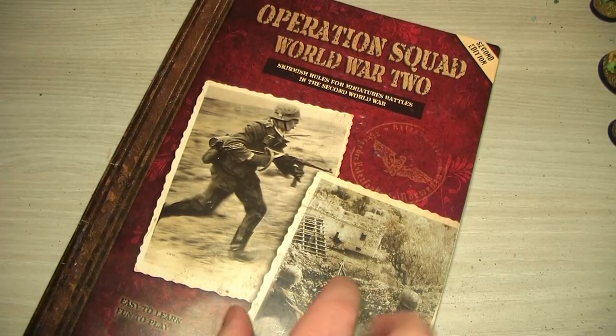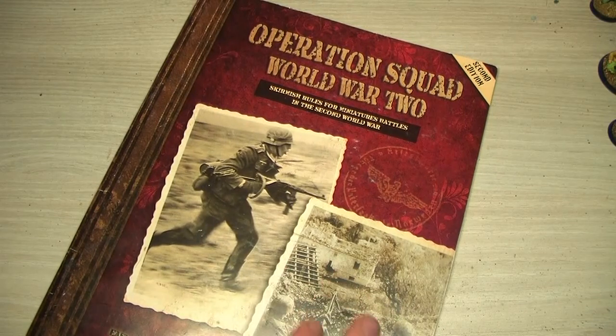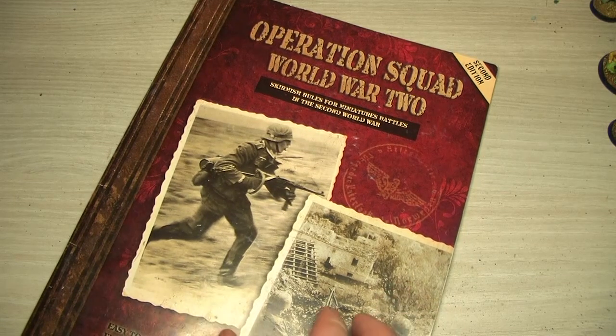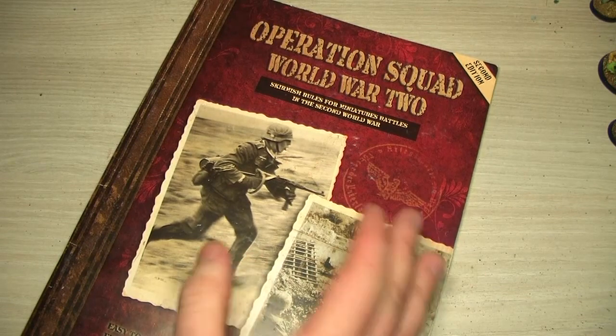There is an expansion to this rule set. It's called the vehicle expansion, where you can get some tanks and some small jeeps or something like that on the board. I haven't had the chance to read those rules, so I can't comment on that, but this game